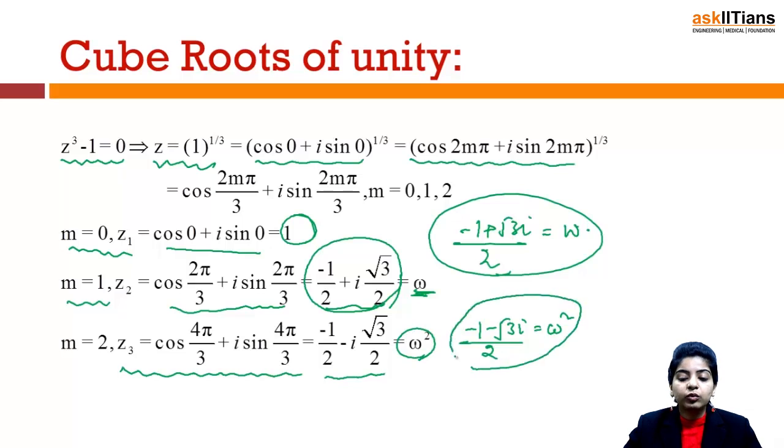You will not have to remember these values; you will memorize them directly when you solve a good number of questions based on this topic. So you won't have to memorize these values as such. But these values are extremely important. We'll be utilizing the values of 1, omega and omega square in various questions. These are the three cube roots of unity, that is 1, omega and omega square.